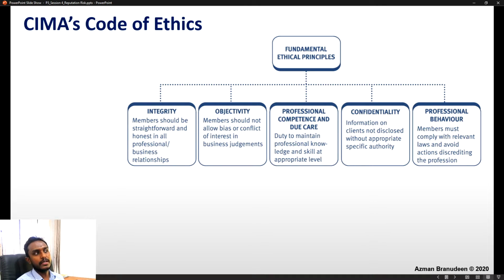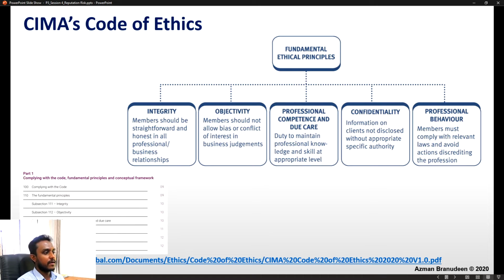So overall, it's very important to keep an eye on whether there is any kind of breach of the code of ethics. Now, CIMA, as you can see, the link is provided. You can check it out as well. CIMA published this in a large document, which you can easily download also. And here you basically have part 1, part 2 and part 3. So the part 1 involves